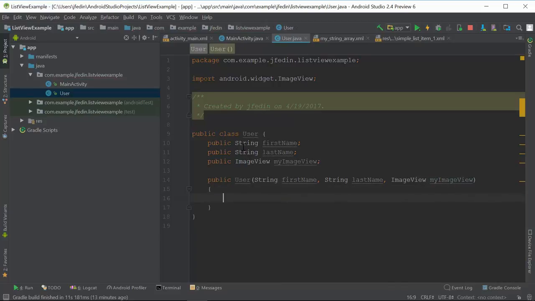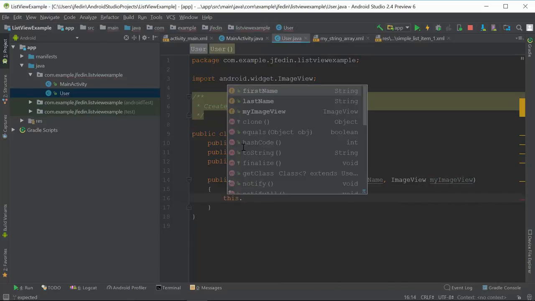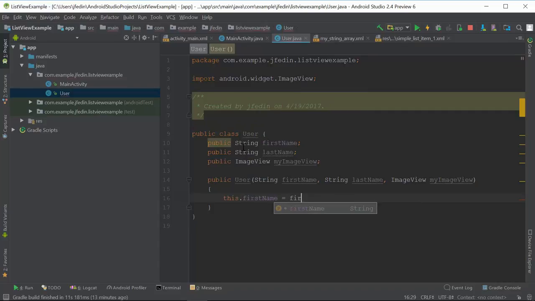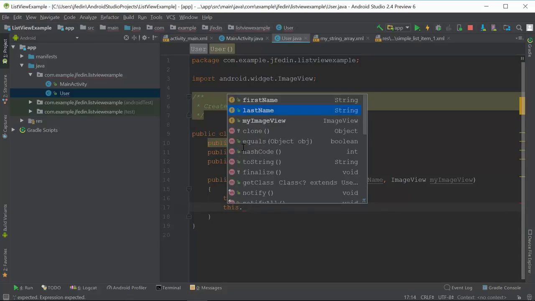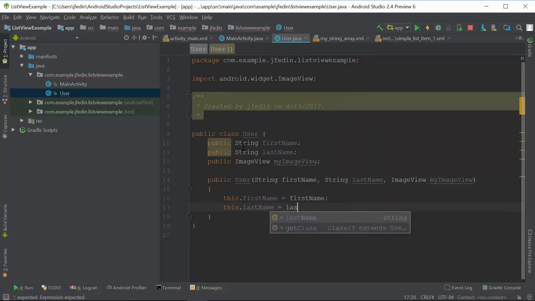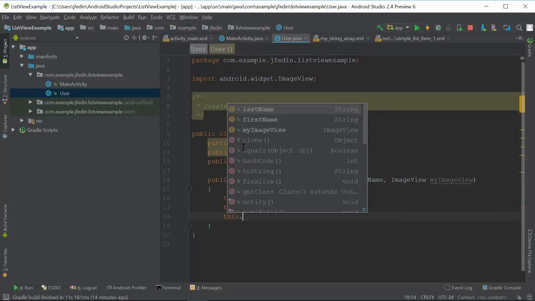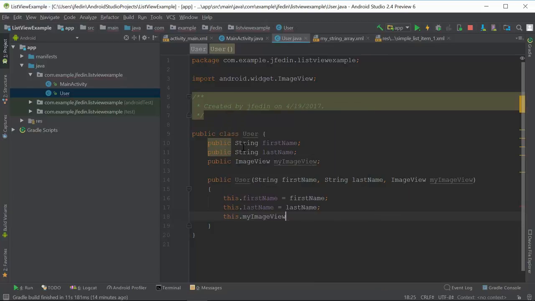Not great practice to use the same names, but we'll at least use this. And our image view. And what we have to do for the rest of this class is override